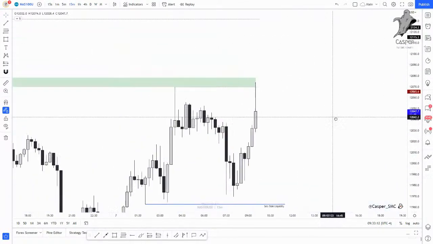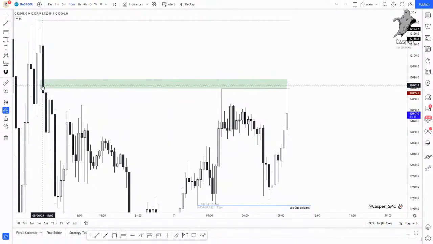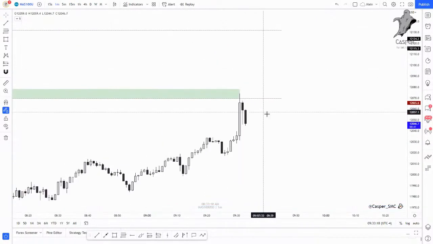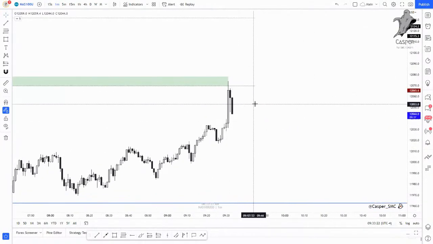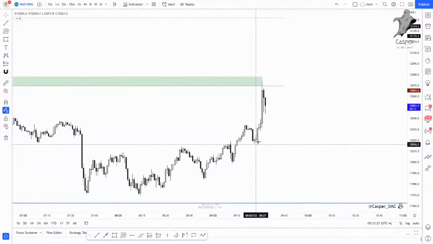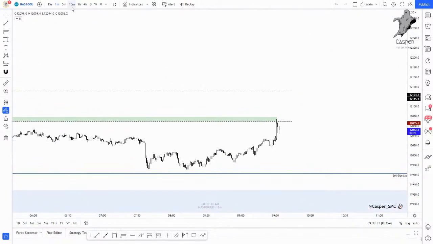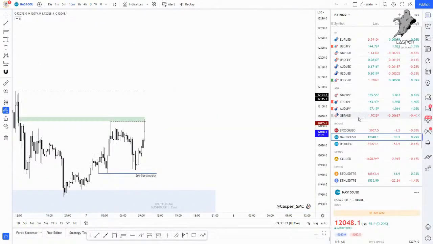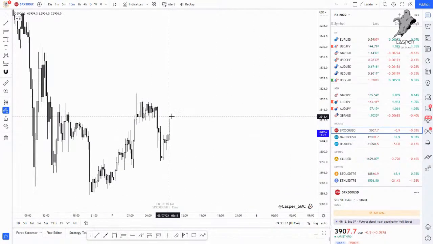But looking at the 15-minute, it seems like we're coming off this high and this little imbalance pretty rough. But again, I'm not going to force anything here. Specifically, we're looking for a break to the downside with displacement, leaving a fair value gap. But again, we won't force anything. I haven't really looked and checked for any SMT on the... Okay, so